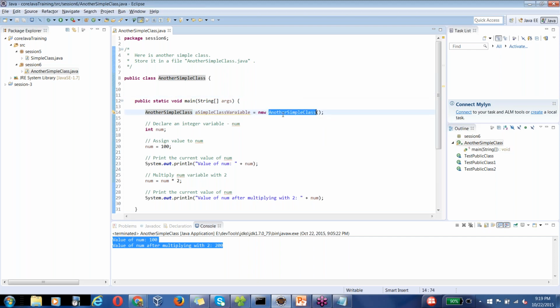It allocates that set of memory in your RAM and returns, as we mentioned, a reference or the address for that particular set of memory. That is, assume that another simple class takes 10 bytes of memory. It grabs the 10 bytes of memory and takes the address of that